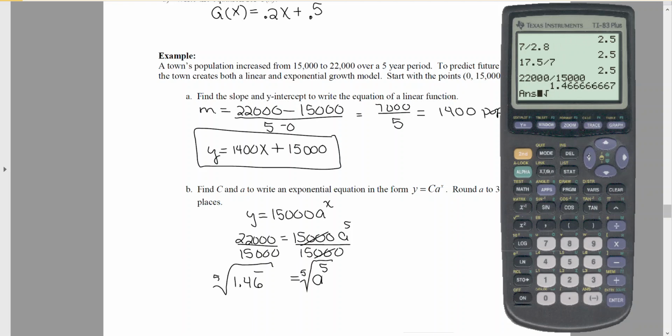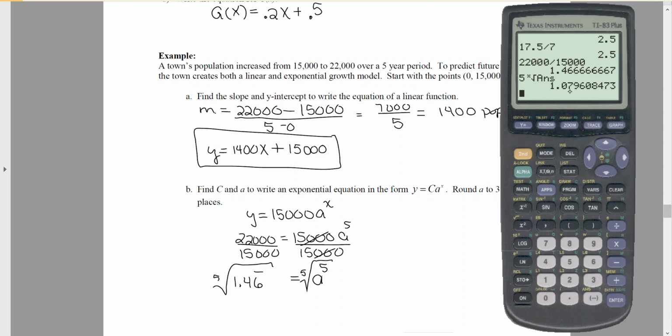So see where it said answer? I don't want the answer there. I want the number 5. And then it knows that's the x that I want it to be. And then I can scroll over and then do second and put my answer from above, the 1.46666, under that. And then hit enter. So that's the 5th root. That 5 in front is the 5th root of the 1.466. You're going to have to play with your calculator to see how it handles it, but it should come up